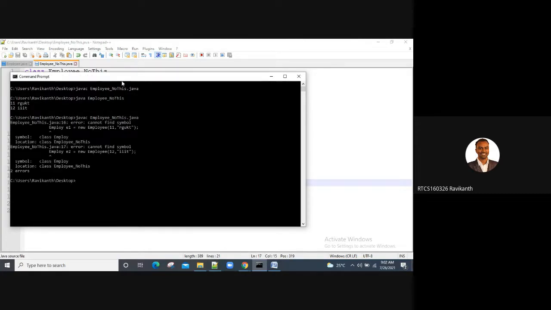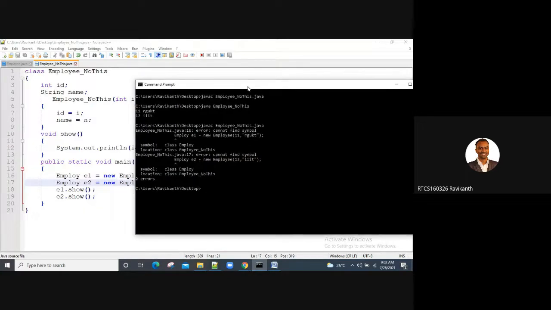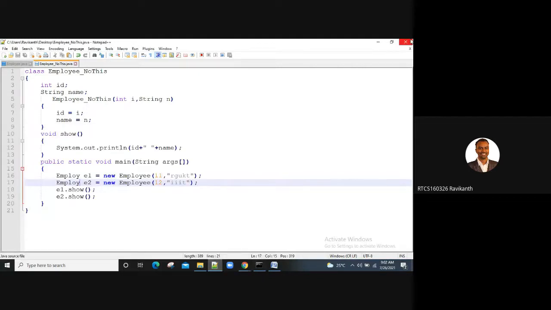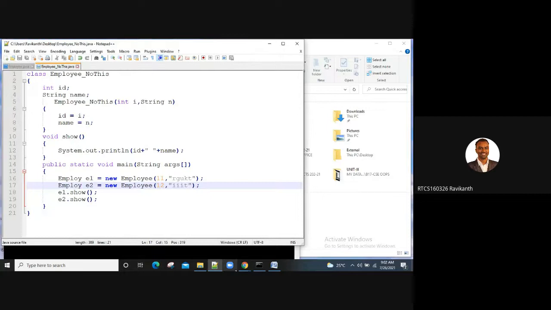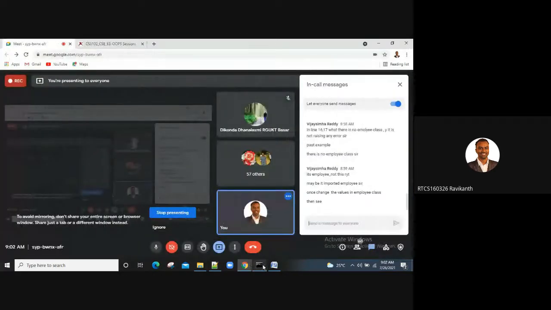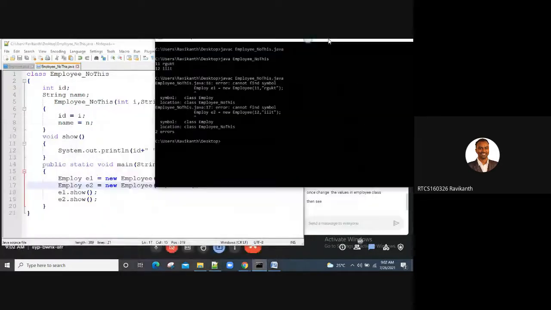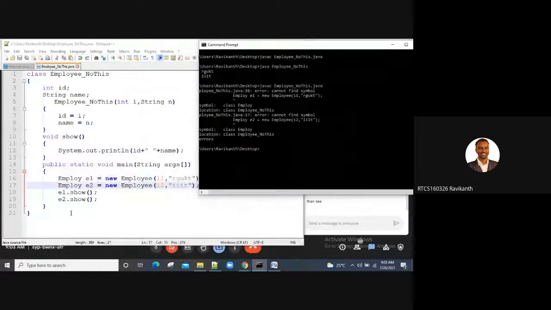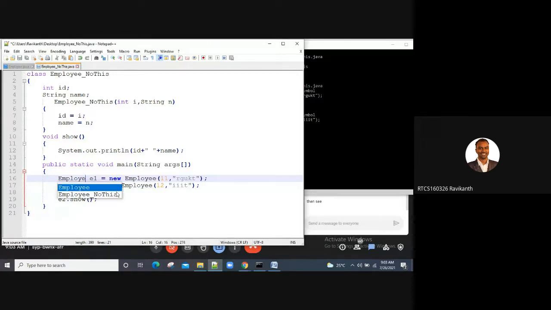Cannot find the symbol. Now I actually wanted this error to be displayed. I wantedly created this error, just to make ourselves precise over this. In this case we are getting an error now, saying cannot find employee. The employee class is already there, so it is taking that.